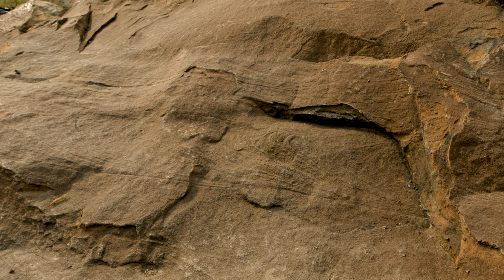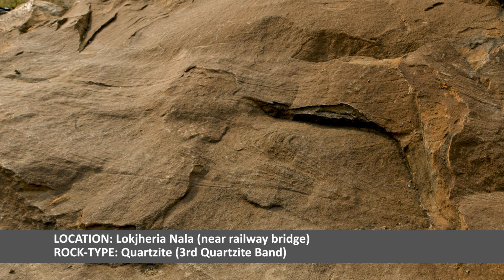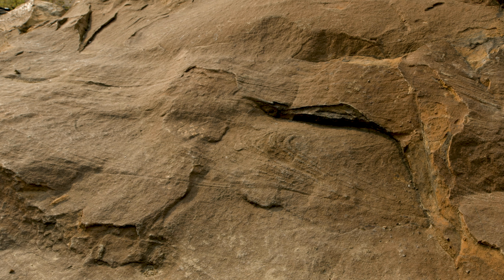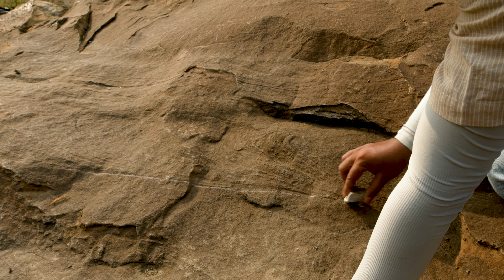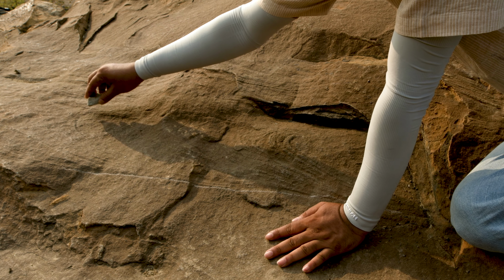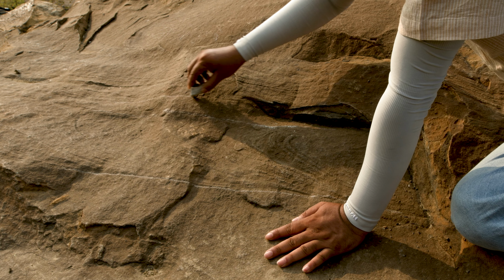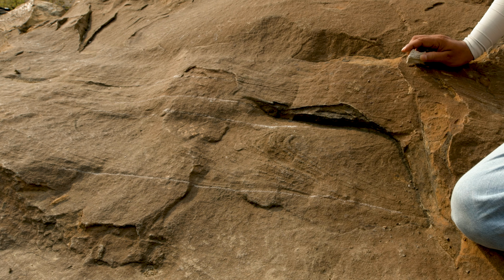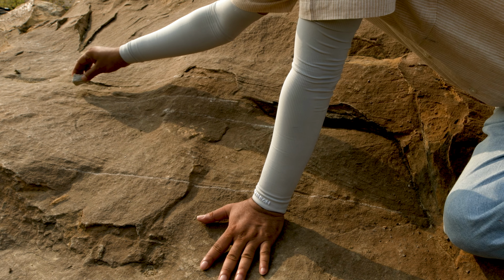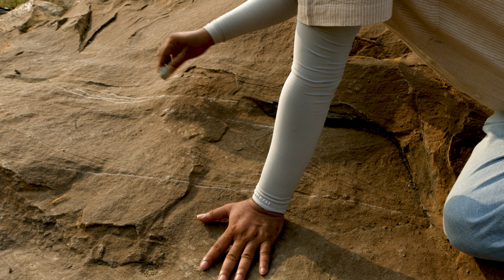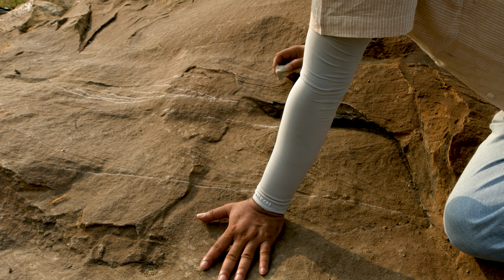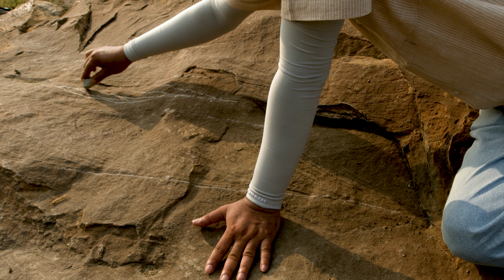Here we are again in this third quartzite band, and we see again a very interesting sedimentary structure that we have been seeing throughout this area, but here I will show you something new. You can see that this is the general trend of the bedding plane here and here. You see the traces here like this, and you have the standard cross stratification or cross bedding going like that, with the bounding surface going this way.